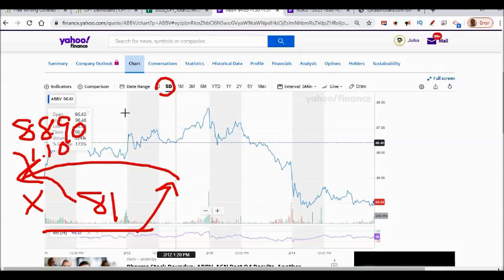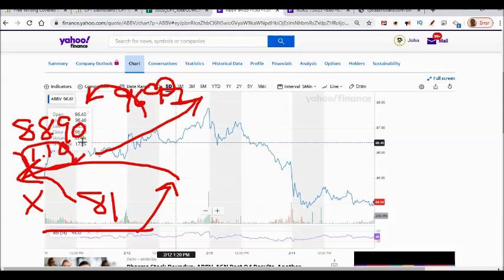So I'm going to use that opportunity to write this covered call, and if the stock were to fall, by the way, this is my hunch, I collect that weekly premium, and I might not have my shares taken away. So here's the trade. As ADV is moving higher to some $96, $97. Remember, I'm in at $88.90, and I collected that fat dividend of $1.10. So my true cost basis on the shares is less than